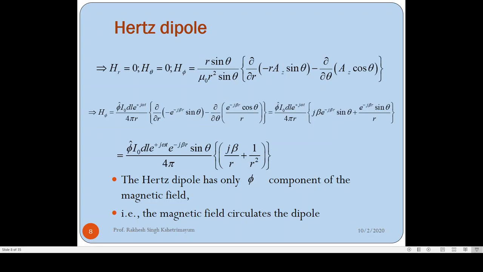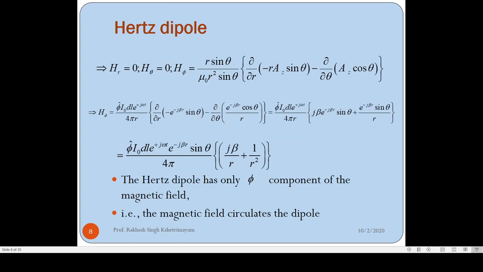That is because current was flowing in the z direction, and magnetic field circulates the current. You can apply right hand rule and see how is the magnetic field for a current flowing along the z axis. Another observation is that the magnetic field has a variation with respect to r as 1 by r and 1 by r square. So in the previous class,